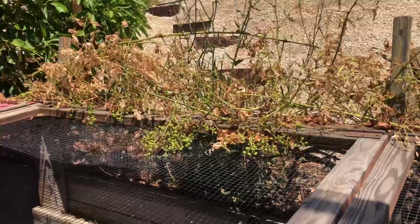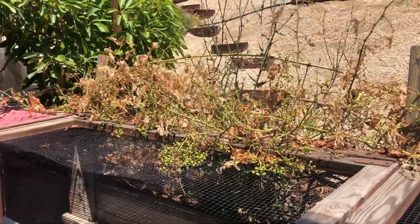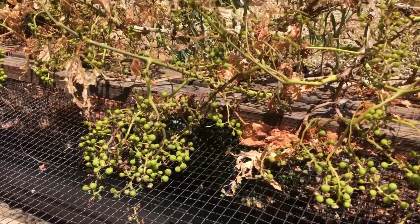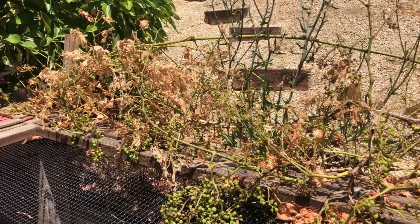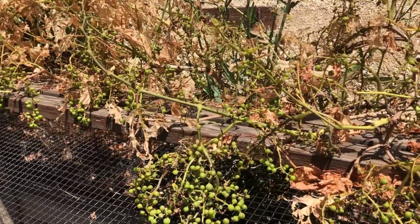Behind me here was a beautiful lush grapevine. You could see here all the bunches of grapes. They're still ripening, but what happened to the leaves? Well, about a week ago I noticed that they were dying back, started looking closer and saw what looked like,